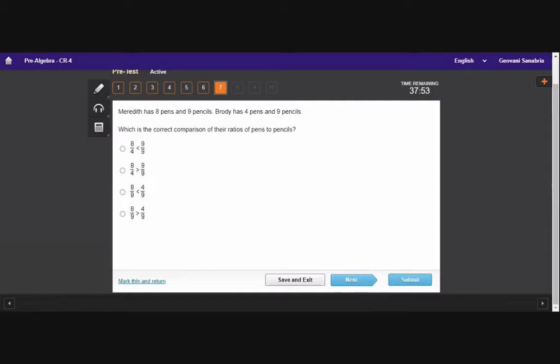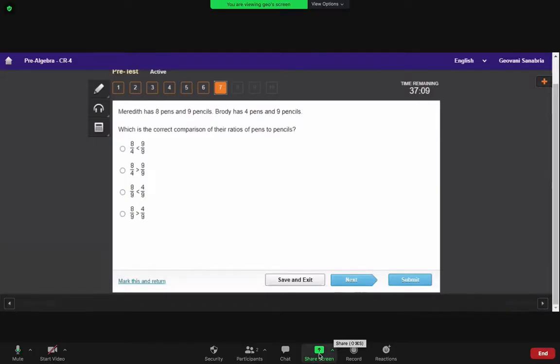Meredith has 8 pens and 9 pencils. All right, so there are 2 ratios. One is 8/9, and the other one is 4/9. Right, because it says pens to pencils. It'd be C, right? 4/9 would be less than 8/9. So that one, it would be D, because